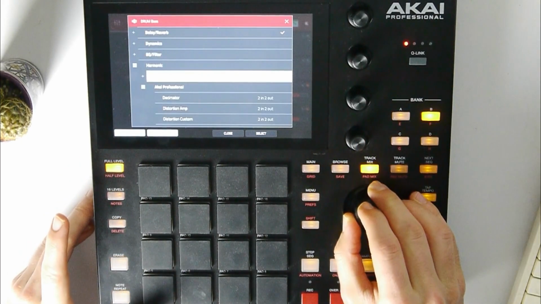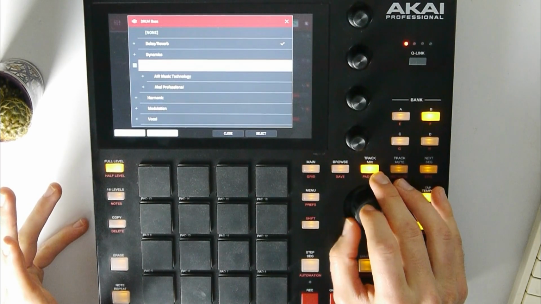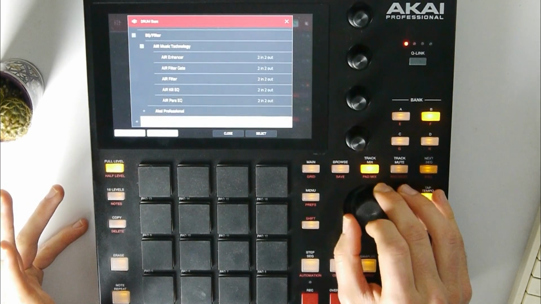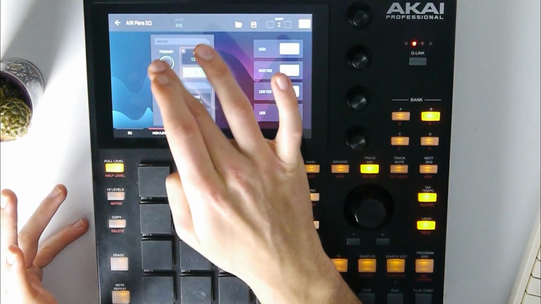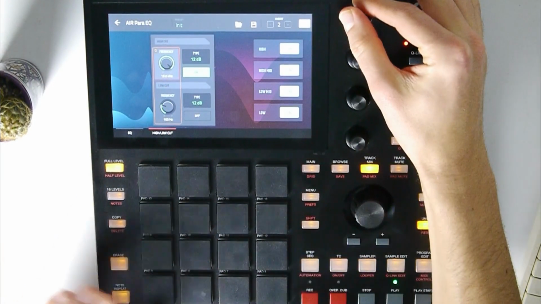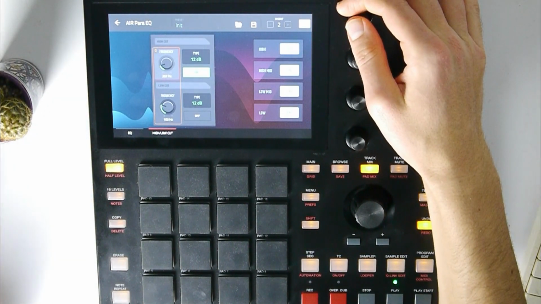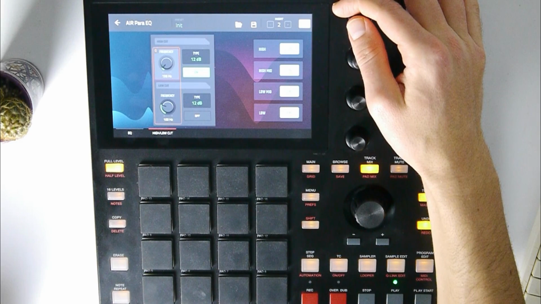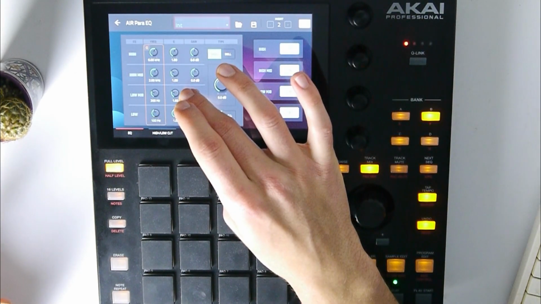Let's put a high cut filter on this one. So EQ, air power EQ. Let's just cut away all the highs, so that the bass